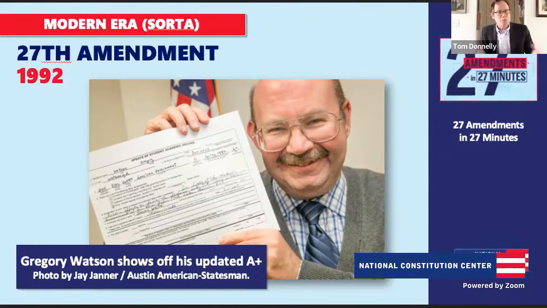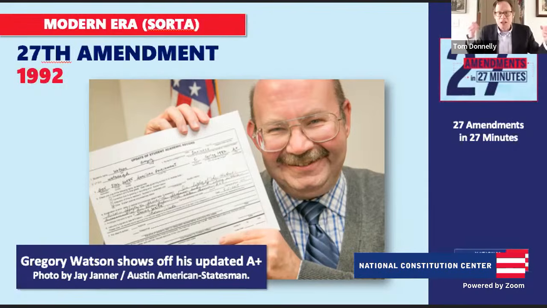And so he argues in his paper that what became the 27th Amendment, the original Second Amendment, could still be ratified because there's no time limit on when amendments can be ratified. Again, he gets a lousy grade. He gets a C on this paper. He protests. He says, no, this is a good paper, I should get a higher grade. Both his TA and his professors say, no, we think it's a lousy paper. And so what Gregory Watson then does is say, okay, you may not fix my grade, but I'm going to get this thing written into the Constitution. So it's a really unlikely story here, Curry.